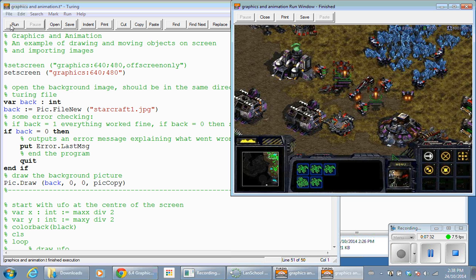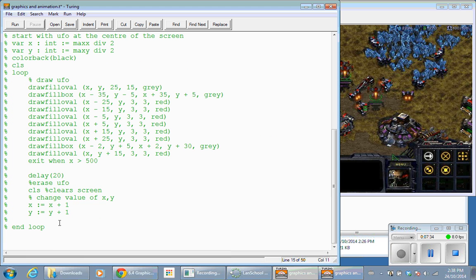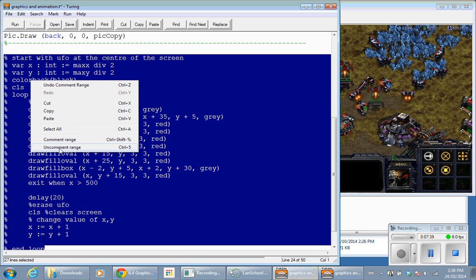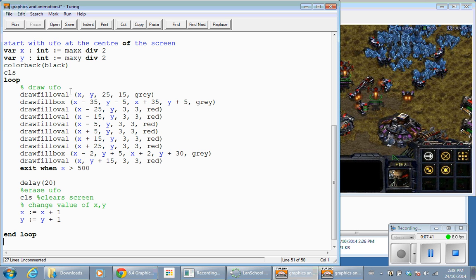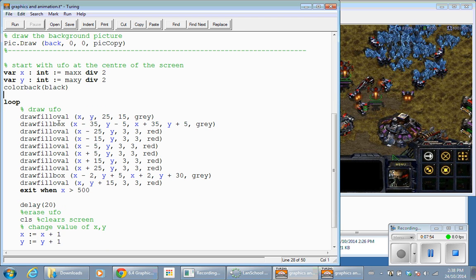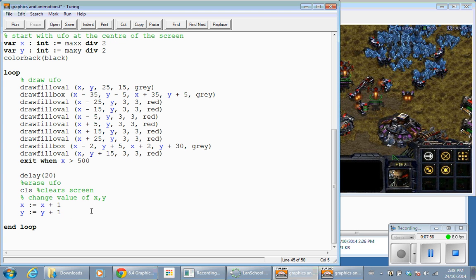That's kind of neat. Now, what we want to do is combine these two things together: background image and our animation. So we're going to start with the UFO at the center of our screen here. We don't need this clear screen anymore because that'll just erase our image. We're going to draw our UFO. We're going to wait. And then to erase our UFO, we're going to redraw the background image